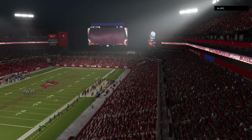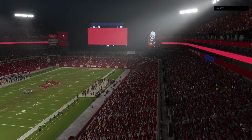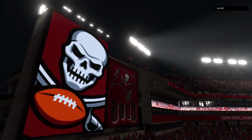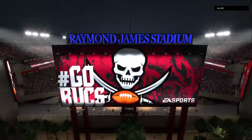So for the Bucs, their strong start to the year continues as they're up to 5-1. And they will hit the road next week to take on the Carolina Panthers. Meanwhile, for Dallas, they can't quite seem to turn things around as they fall into 2-4 now on the year. And now they'll head